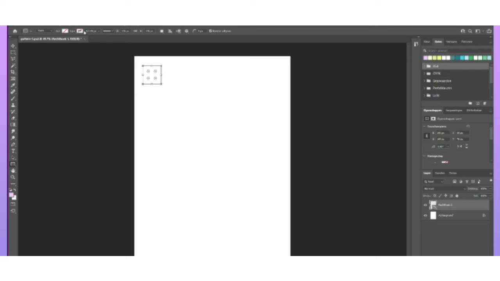Oh wait, it should have a line, I guess. 1 pixel, and then why is it not working? 1 pixel, and then I will color it. Perfect. Okay, now let's make some other.